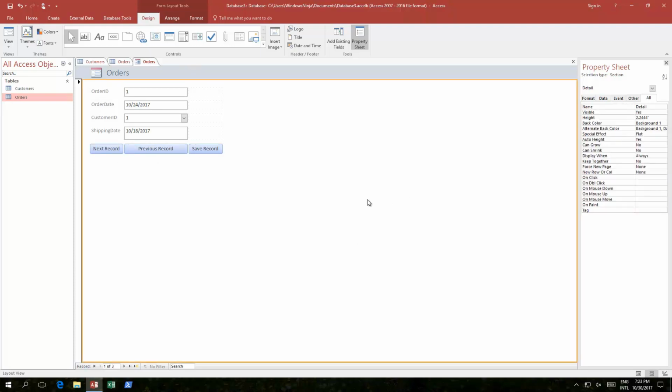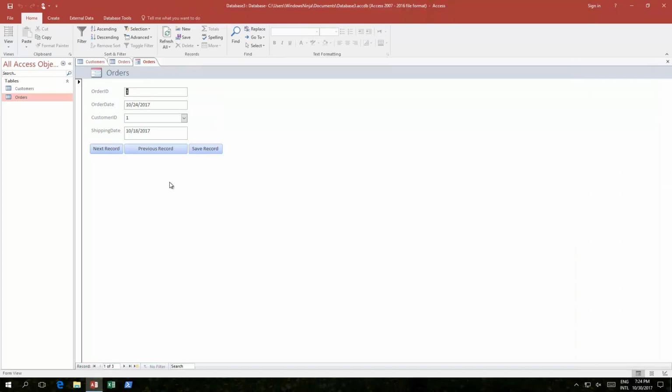Oops, sorry, my mistake. This is basically the simple create view, which is called layout view. The form view is where you actually do use it. Okay, so next record, next record, next record, next record. That brings us to the new. You can't go any further. If I go to previous record,